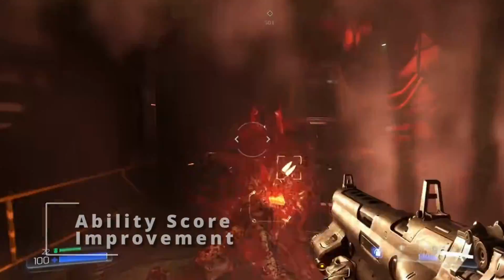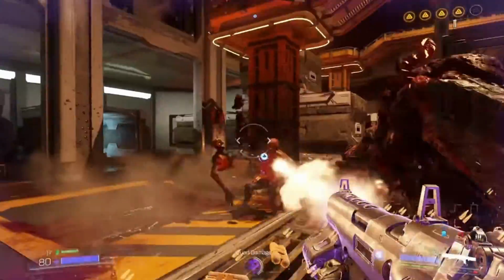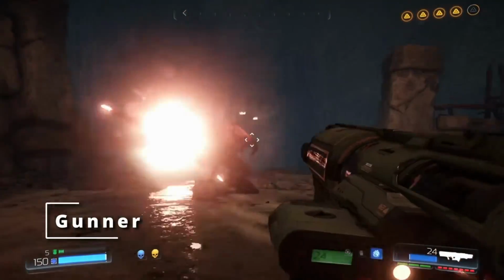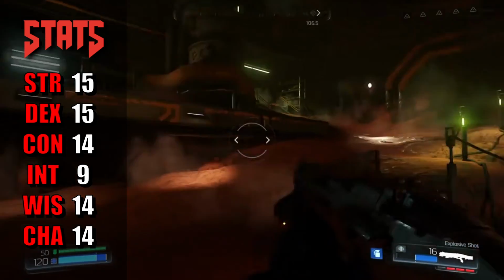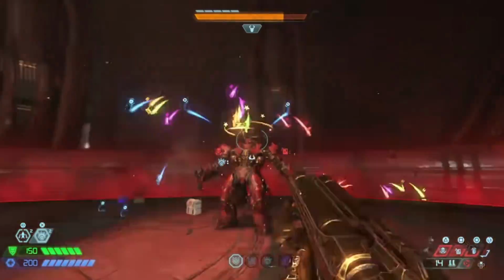Then at 4th level of fighter, you get an ability score improvement, and I'm going to take a feat right away because you have quite the arsenal at your disposal and there is tons of guns to choose from, so I'm going to take the feat Gunner. This increases our dexterity by 1 point and gives you proficiency with firearms, which you can find in the Dungeon Master's Guide. You get to ignore the loading property of firearms, so you can fire them much more quickly,